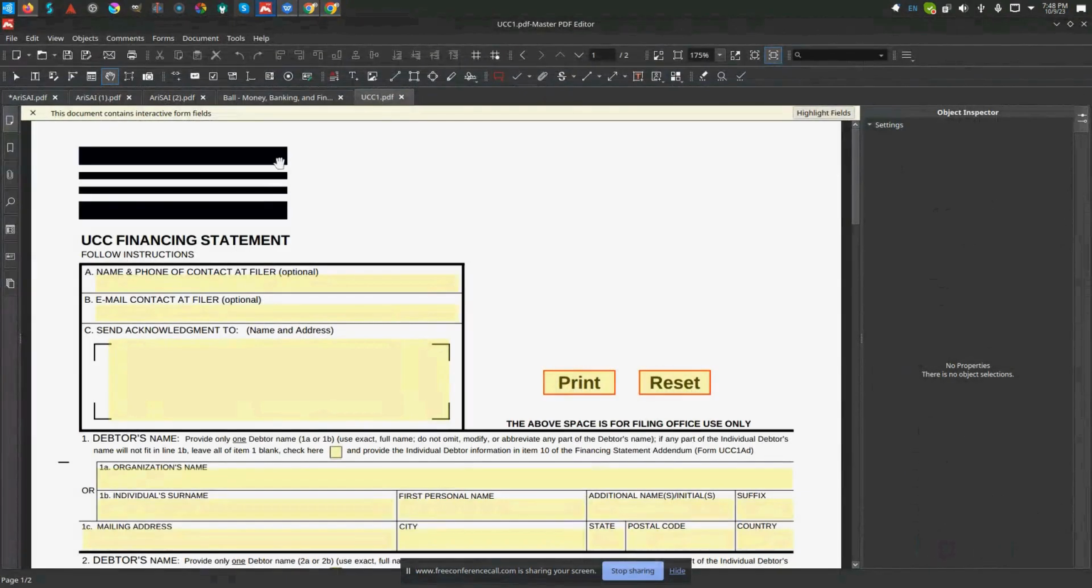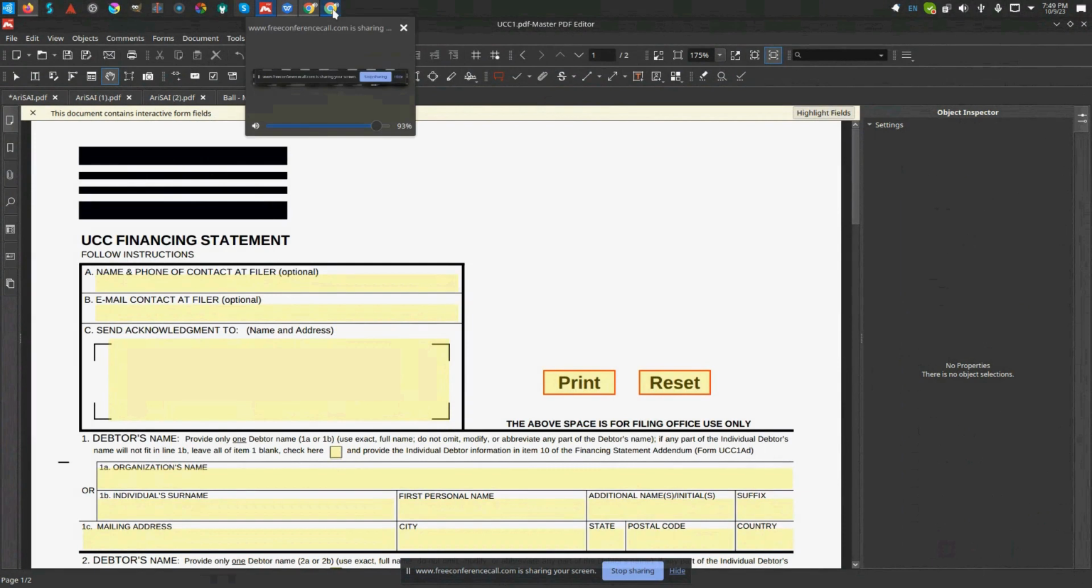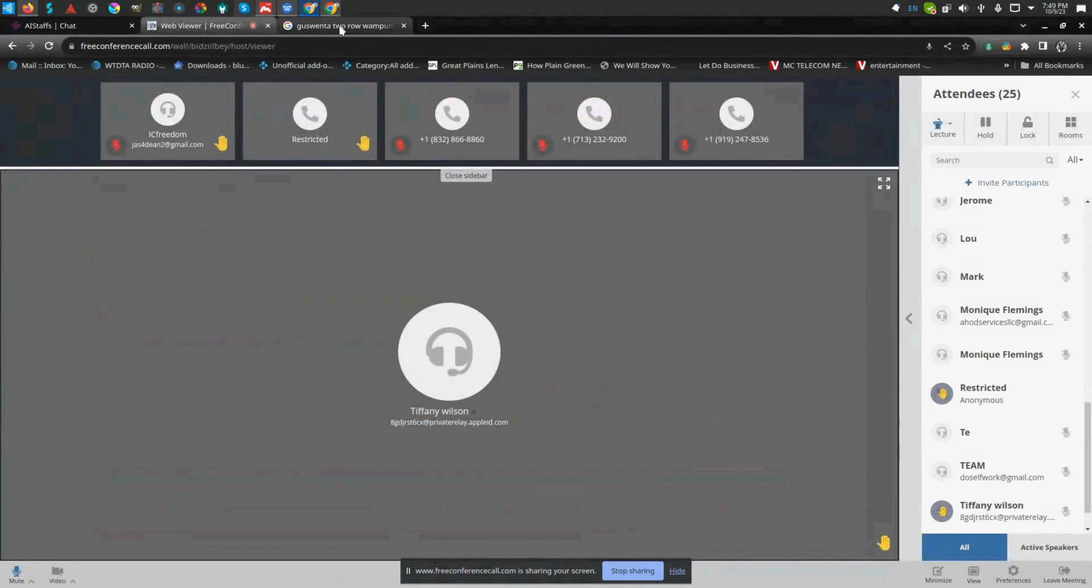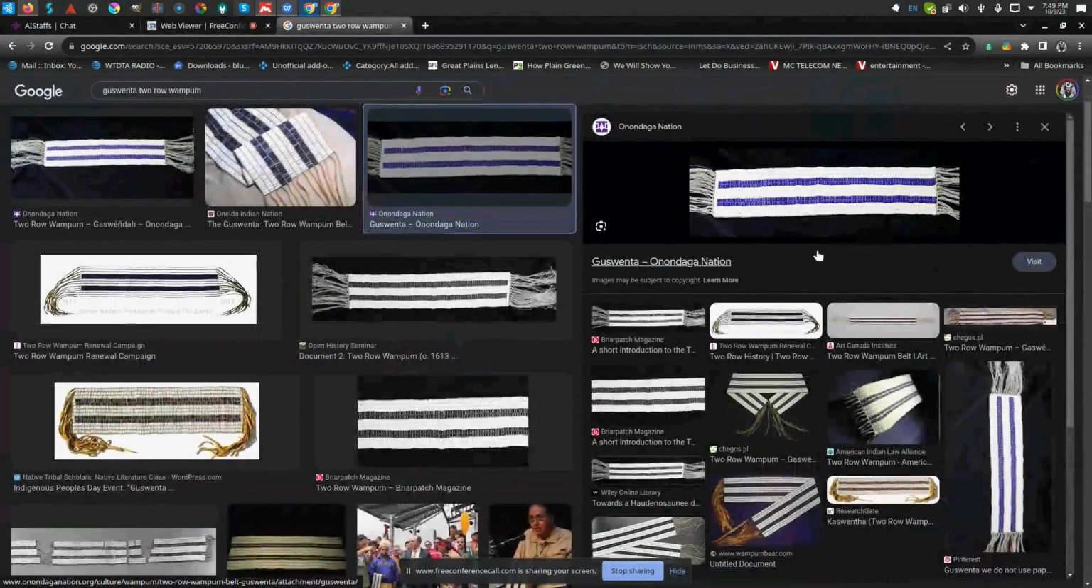First image, you see this banner that's on the UCC? See this right here? Yeah, the black banner. Right. Now watch this. You see this banner also? Yes. Okay. Little do most individuals know that the counties